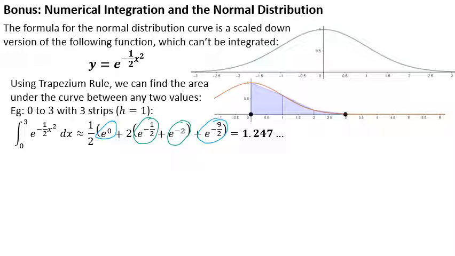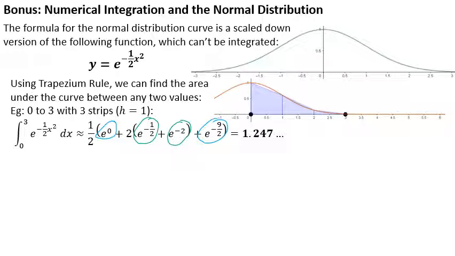There'll be a few bits that we're not quite seeing. Obviously it goes a long, long way beyond 3, but because it's an exponential decay, and it's a very fast exponential decay because of the x squared, we're going to find that the curve shrinks very quickly, and just getting a relatively short interval for a finite area will give a pretty good approximation for a much larger area or